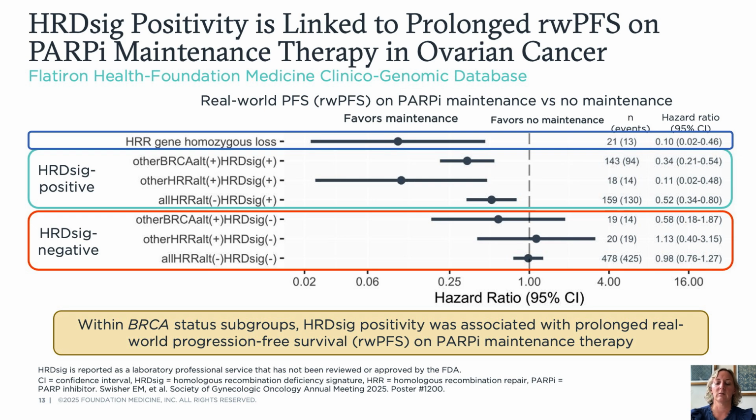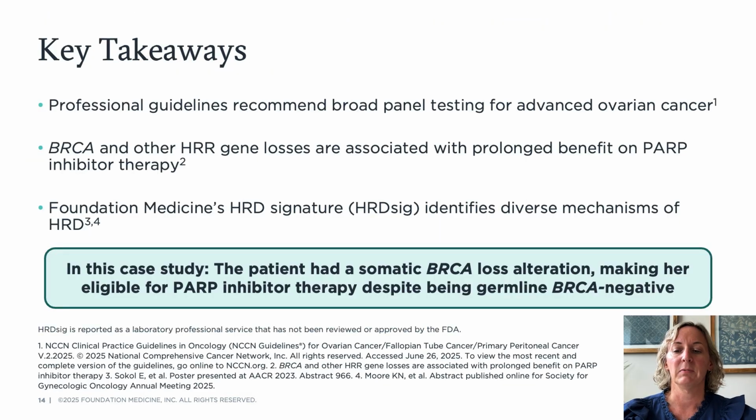Demonstrating within BRCA subgroups, HRD-Sig positivity identifies patients who gain meaningful benefit from PARP maintenance, making HRD-Sig a valuable biomarker beyond BRCA status alone. The key takeaways being guidelines support broad panel testing for patients with advanced ovarian cancer, because beyond germline testing, somatic alterations, especially in BRCA and other homologous recombination repair genes, can identify patients who benefit from